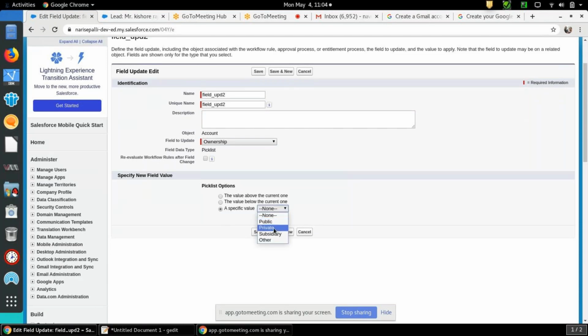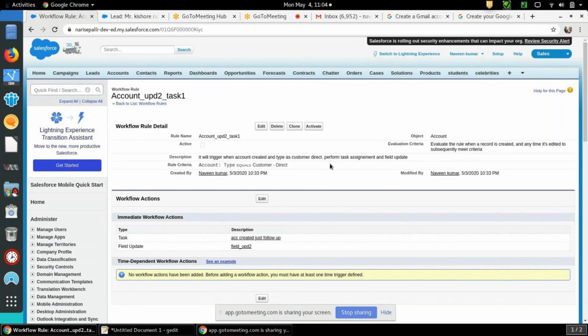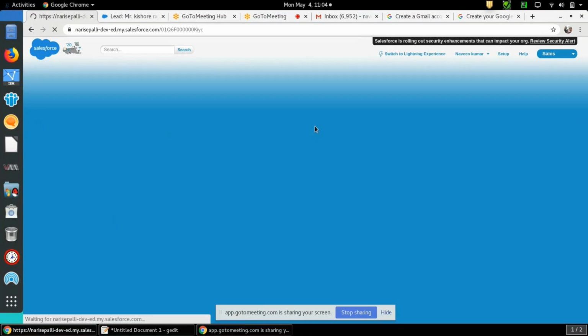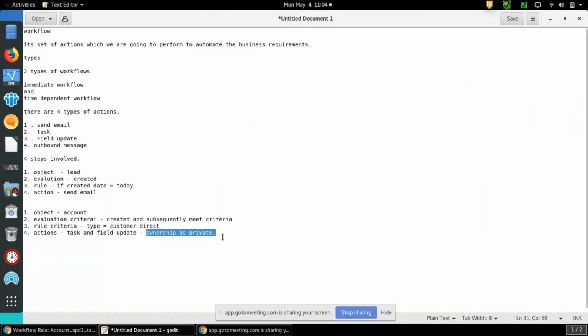So I'm selecting private. Click on save. Okay. Two actions mentioned. Click on done and just activate. So my workflow got activated. So what is our scenario? If I select type as customer direct, it has to assign a task to me, and it has to do a field update like ownership as private.